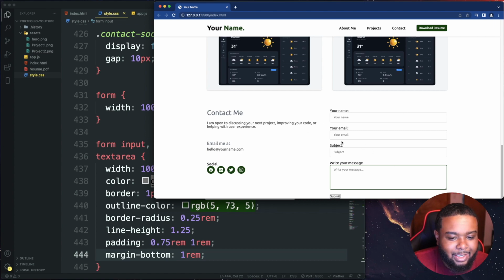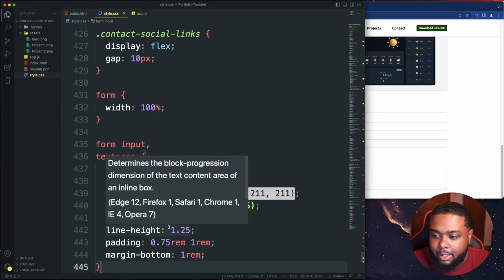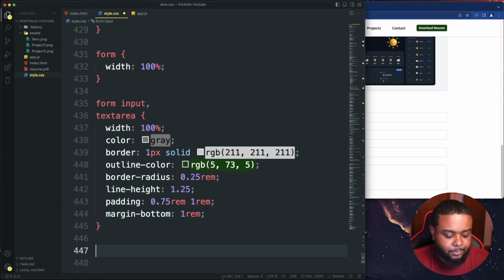This was one of my biggest problems, I could never style a form. It was really hard, but now I'm starting to learn a little bit better how to style them. And yeah, so that's that. And now we just need to do the form button. Let's do form